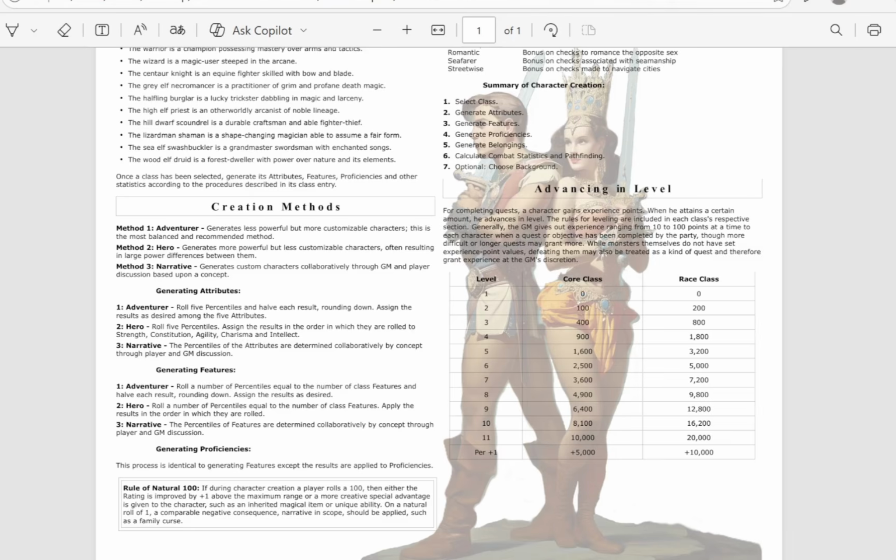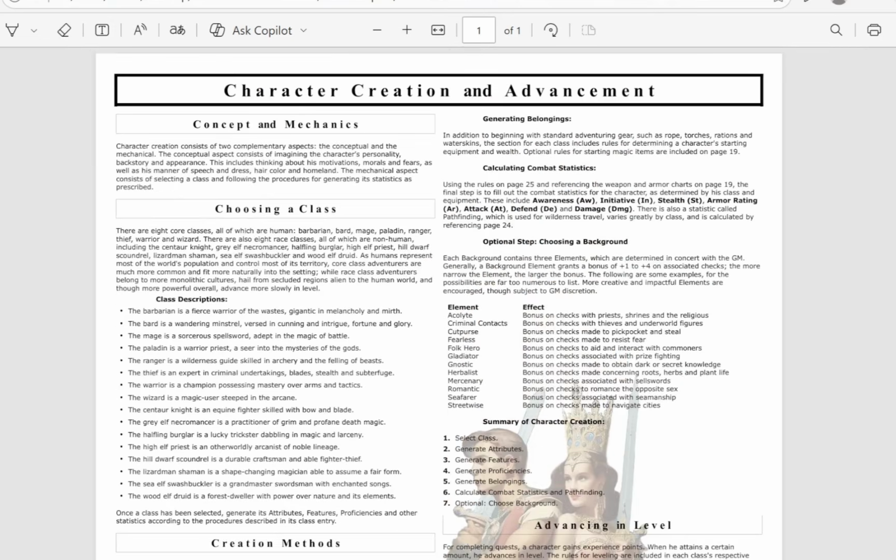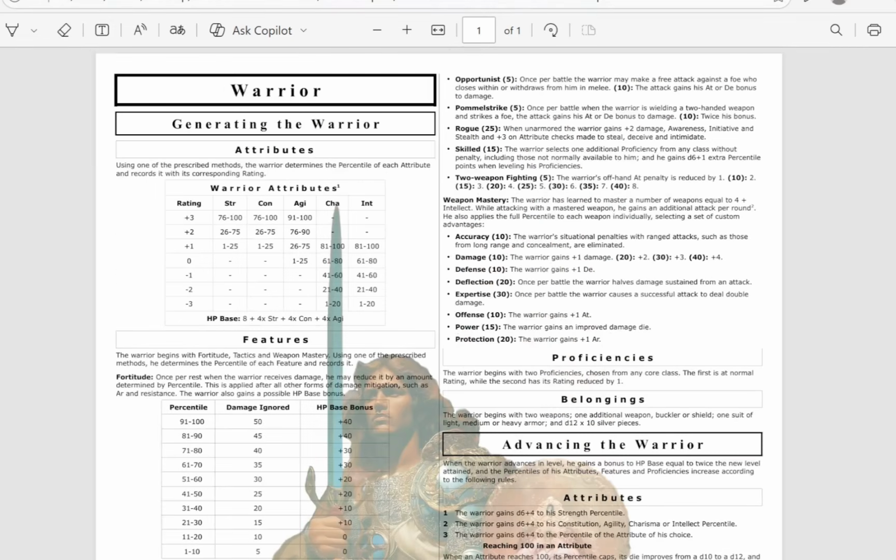And so I wanted to take a look and just show exactly what it means to be a profession versus a different way of being. So here's the human warrior. Okay, warrior, you have an attribute spread that fits the concept. Very strong, very high constitution, good agility, and charisma and intellect range anywhere from terrible to good. With certain tactics you can change that. If you want to be a charismatic and intellectual warrior, you can. But in general, they're not. That's not their strong suit.